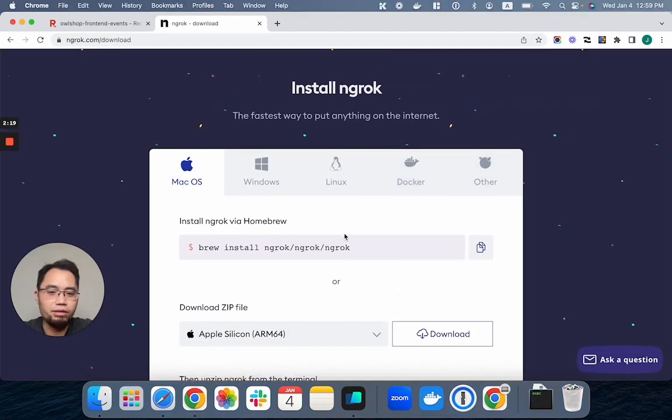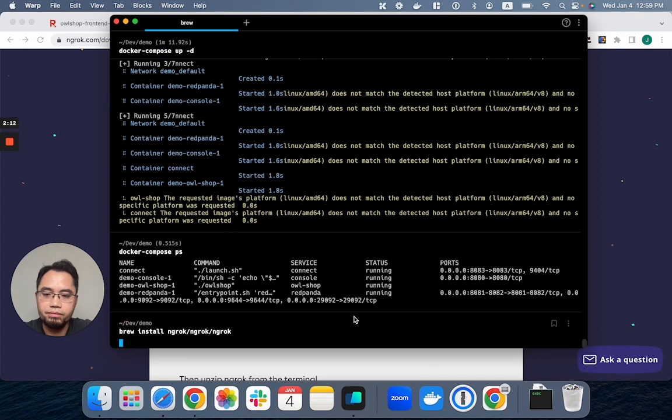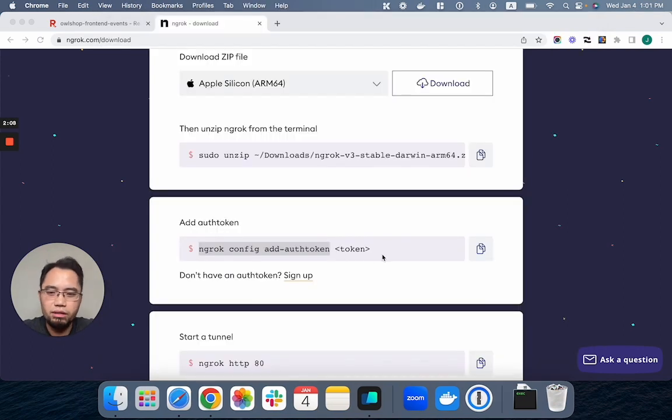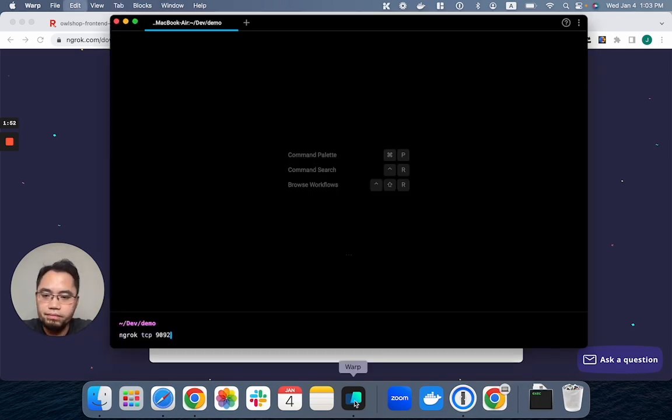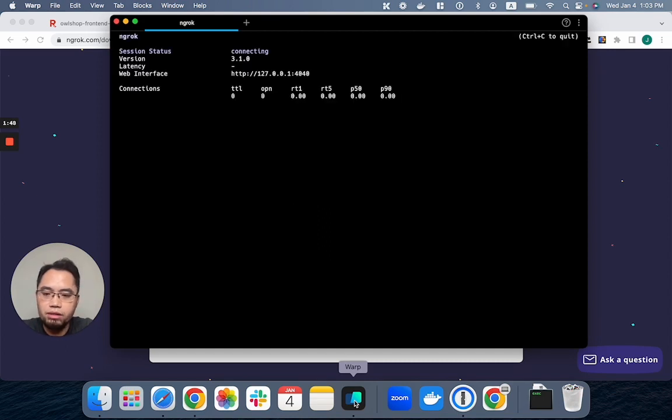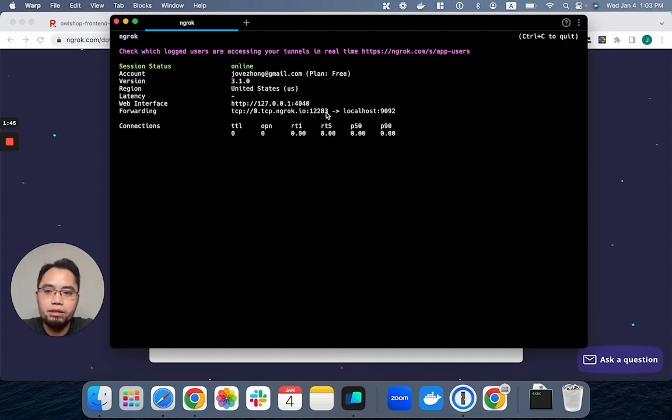If you're using a Mac, you can just use brew to install it. Then you need to log in to ngrok or sign up with your Google account, then get the authentication token and use this command to add it to your profile. And finally, you can just start a tunnel with your local port. In this case, we are going to expose port 19092 to the outside world, and you will get a